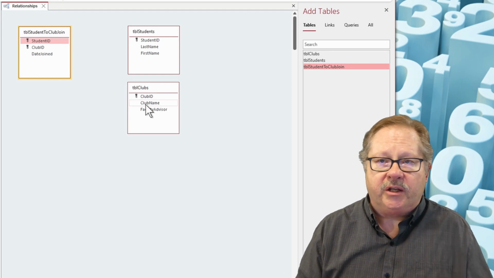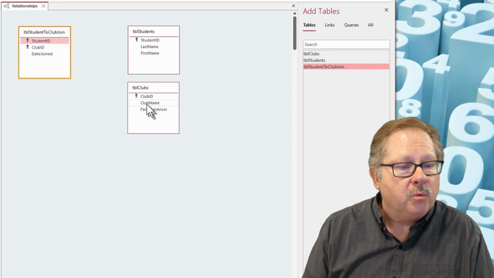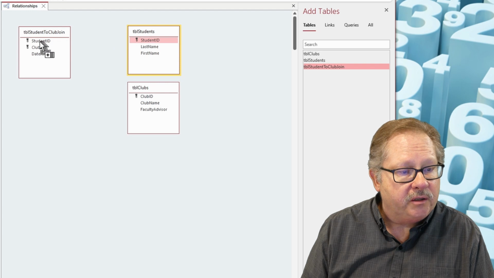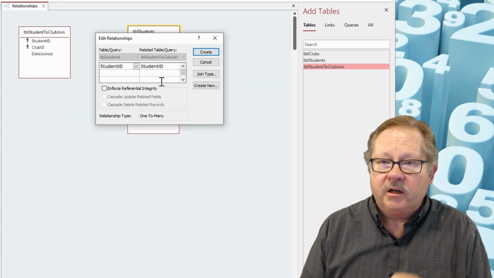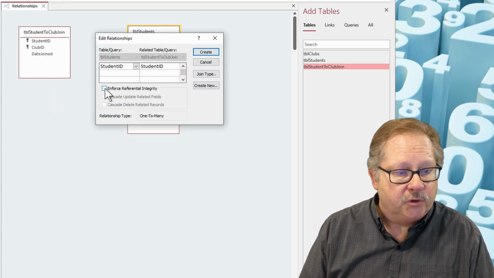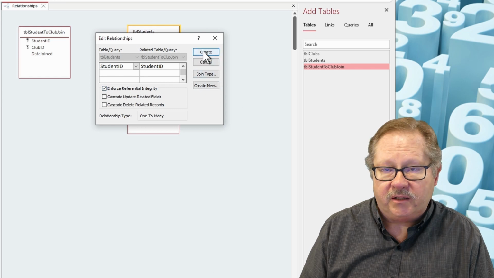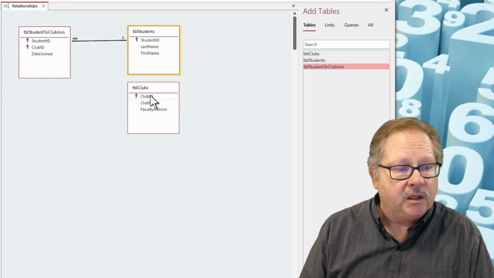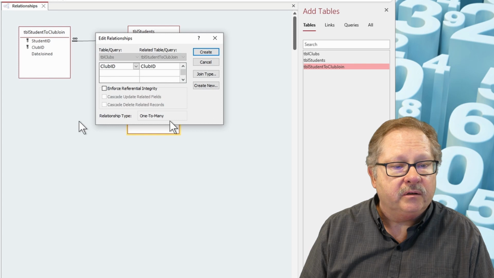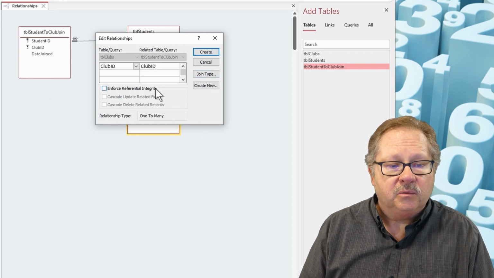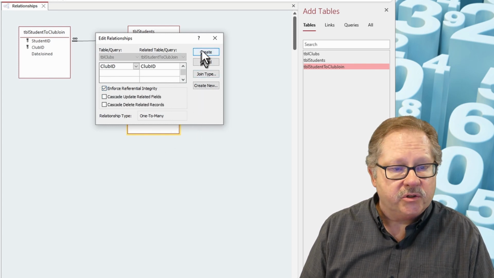The club wants to put together a roster of students. So what we do here is we join student with student in our switch table. We'll enforce referential integrity here and create this. And then we'll join club to club here, and we'll enforce referential integrity there so that we can see the